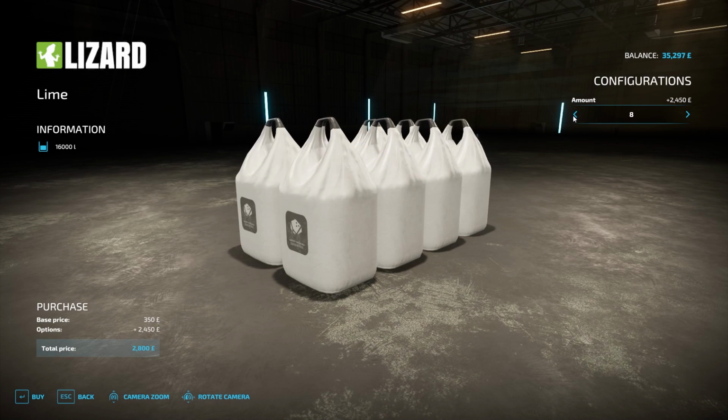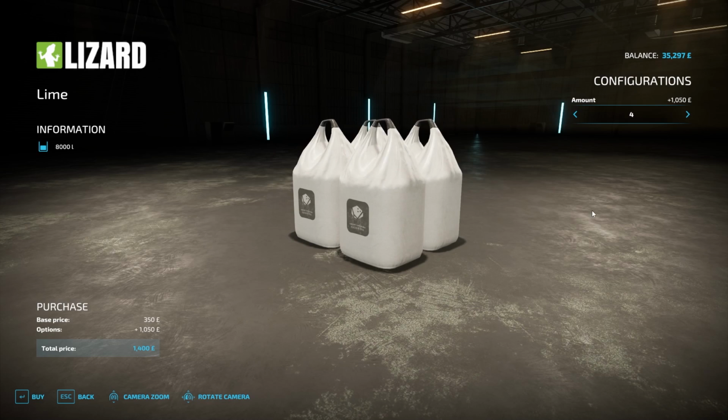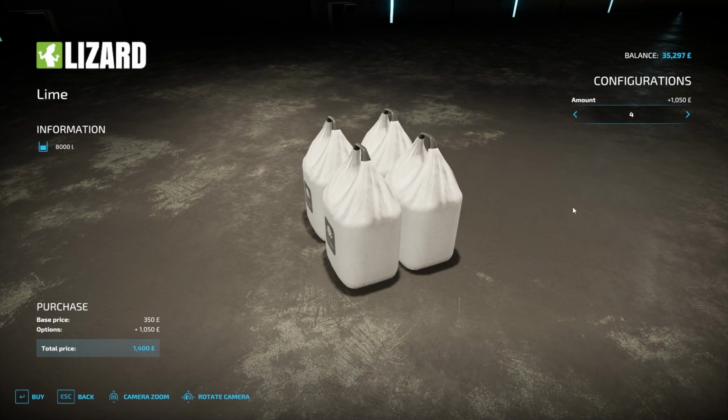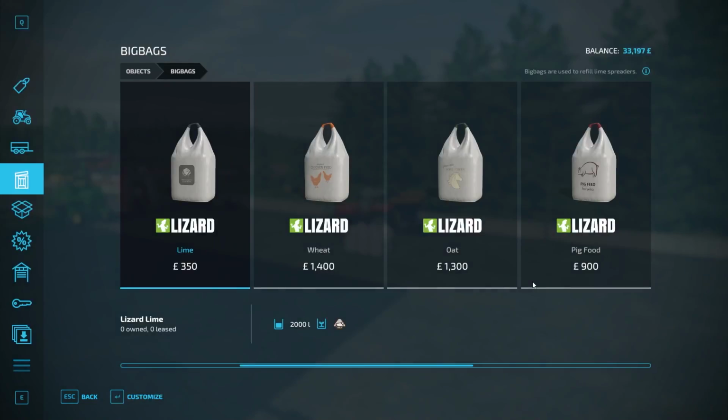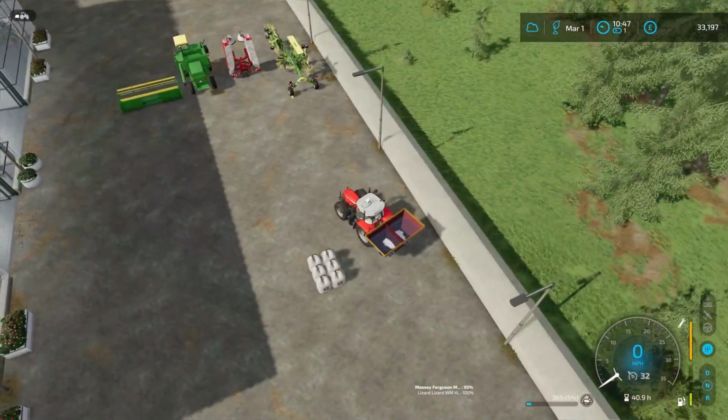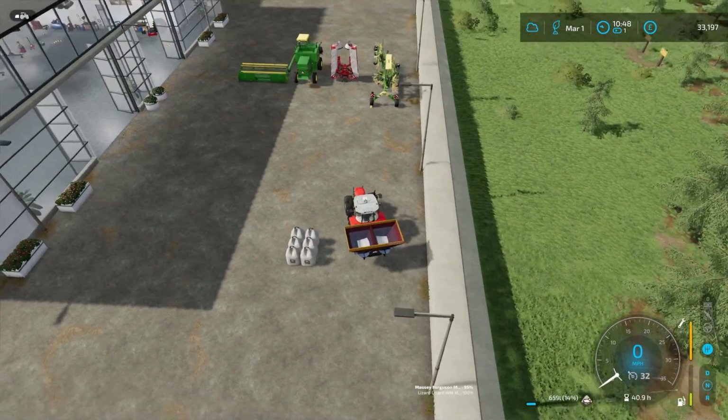We'll buy not 8, but try 4. Oh, it does show us how many liters we're not buying. We'll buy 6. That'll be fine. 12,000. That's basically 3 loads with our setup. We'll get this guy filled up. And hopefully this guy doesn't...